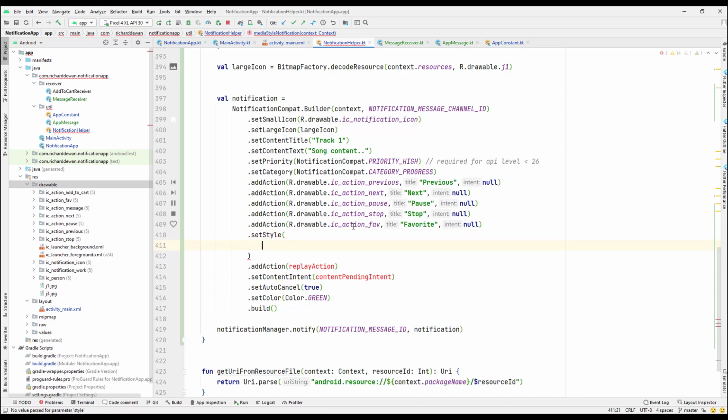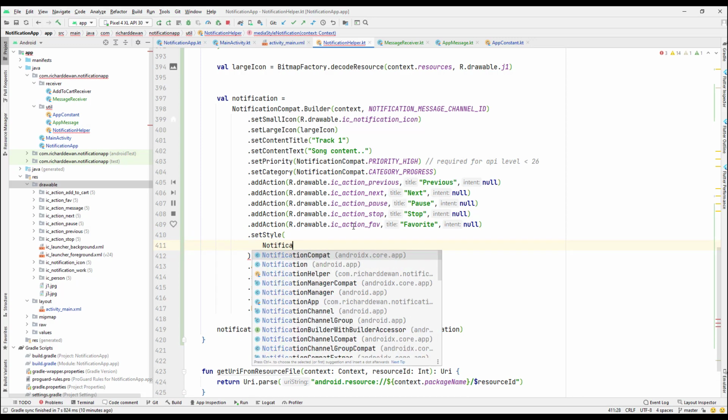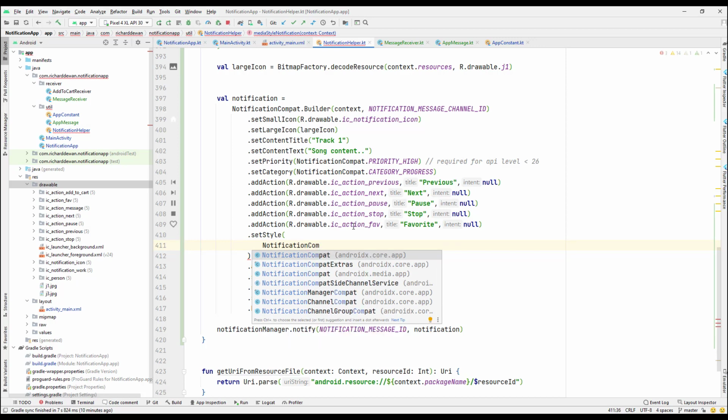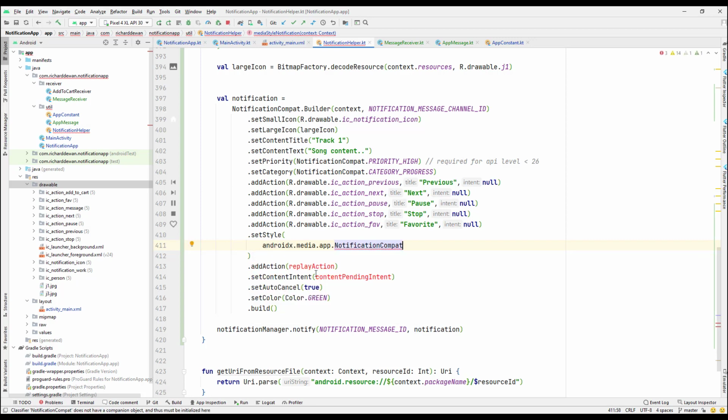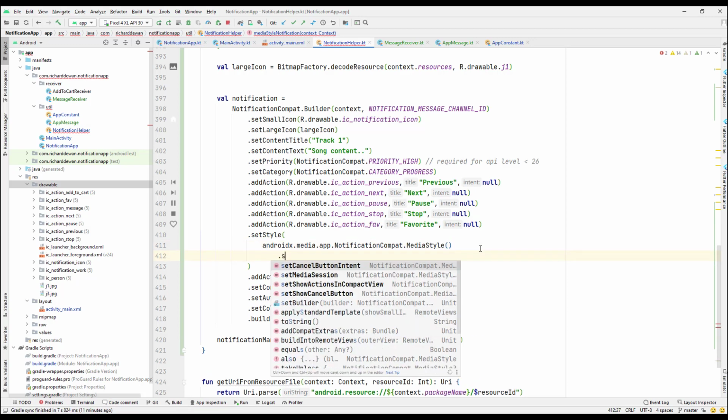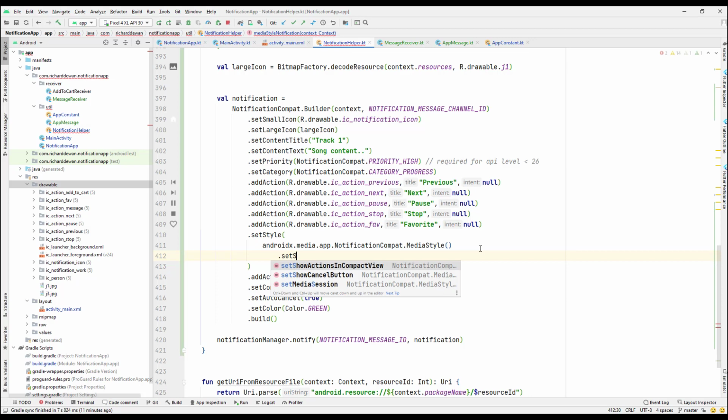So now we need to call the NotificationCompat, and NotificationCompat should be from the media, androidx media app. Make sure you take it from the media app, we don't take it from the core. And dot, we have to set the media style. If we don't take it from the androidx.media.app NotificationCompat, we cannot get this media style. Once we have this media style, then we can set the show actions in compact,